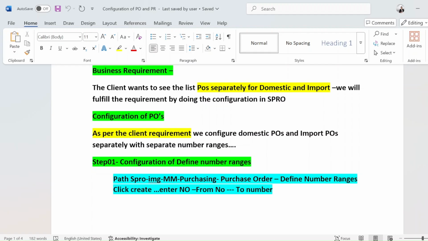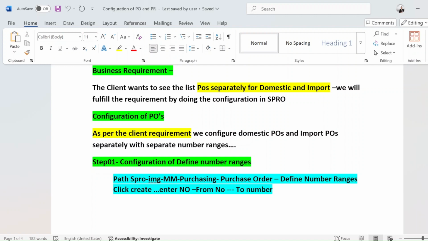Let's suppose in a plant 200 POs are created in a complete month, and the client wants to see separately which are domestic POs, where we purchased something domestically, and which are import POs, where we made an import procurement.